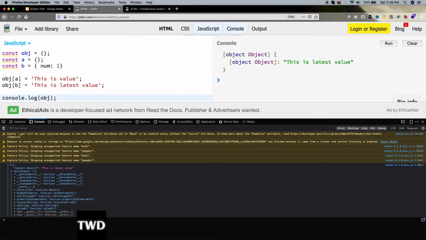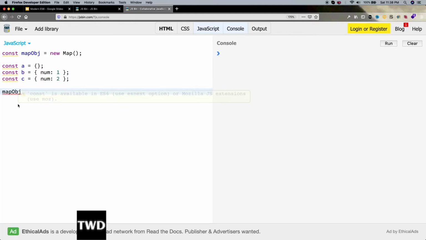See, in an object we do it this way, and there is another way, the dot representation, obj.a also we can do, but in a map we can only do it by the set method, set. The first one will be the key, then the value of a, then b, value of b.